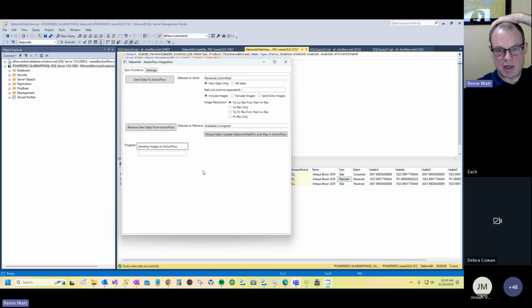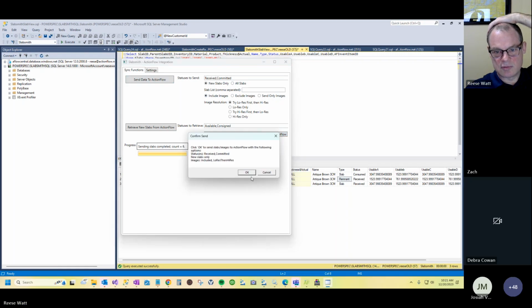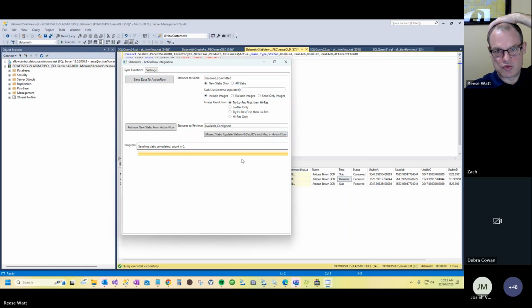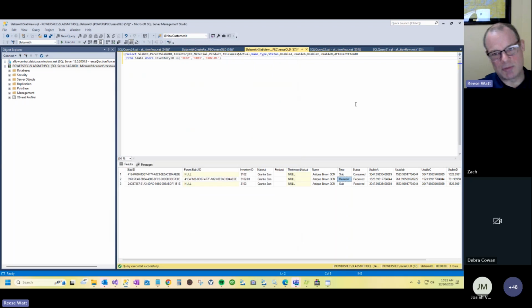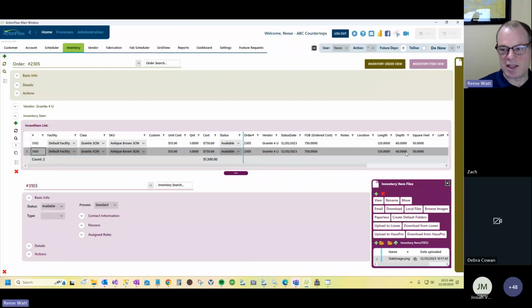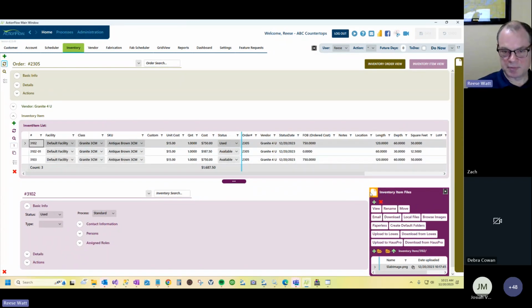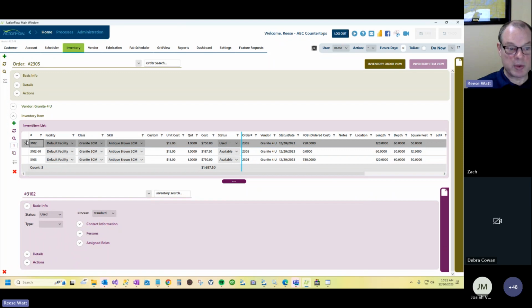Yikes, I forgot to do new slabs only. I think that probably worked. Yeah. So what we see here is that original slab that I marked as consumed